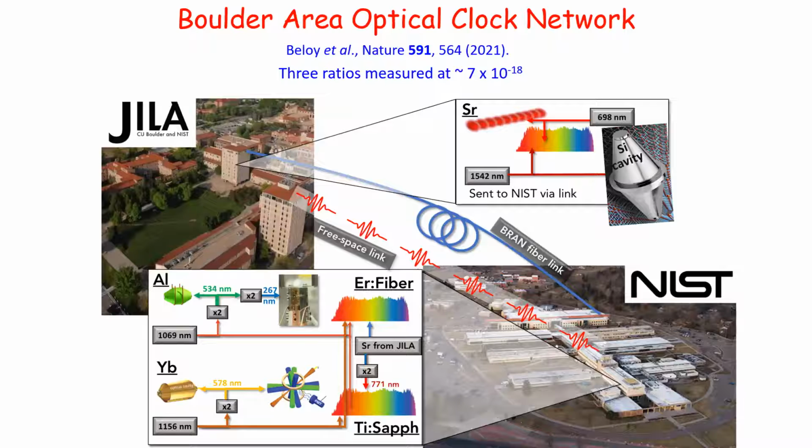But the clock comparison we have over the last few years really advanced to the point where now we can compare some of the best clocks in JILA and NIST, which are about 1 mile apart. We can connect them by a piece of fiber where the laser can go back and forth. We can also actually directly shoot lasers. Our lab is down in the basement. We can connect up to the 10th floor and use a telescope to shoot laser beams to another building in